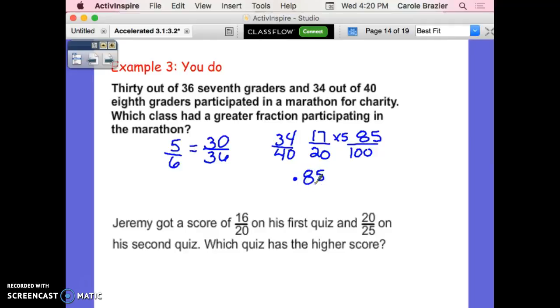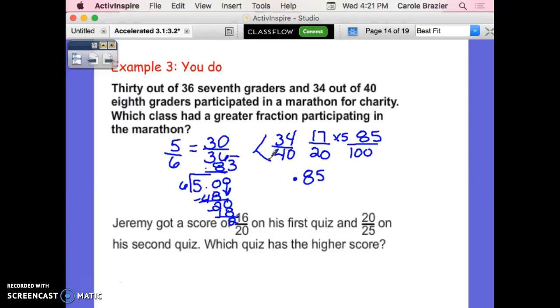5/6, I'm just going to do the simple division really quick. So 5 divided by 6. 6 goes into 50 8 times, minus 48. I'm left with 2. Annex a 0. 6 goes into 20 3 times, minus 18. I'm left with 2. And it's going to end up repeating. So I know that the 17/20 or the 34/40 is going to be bigger because in the end 85/100 ends